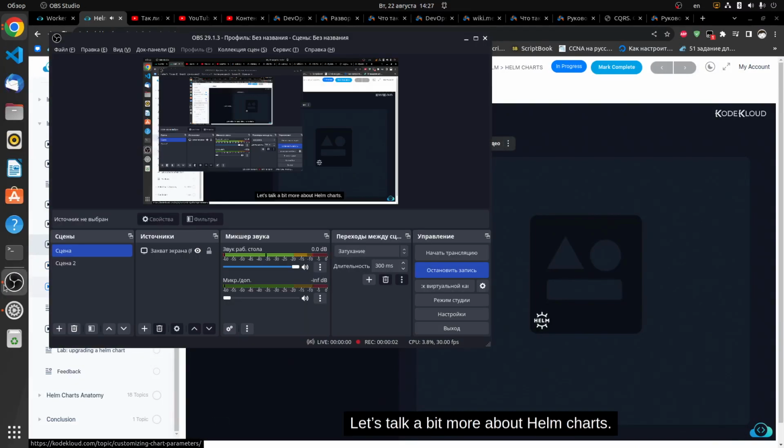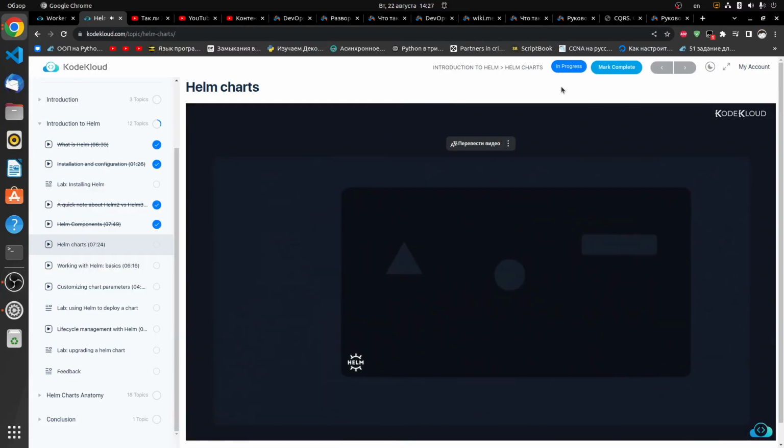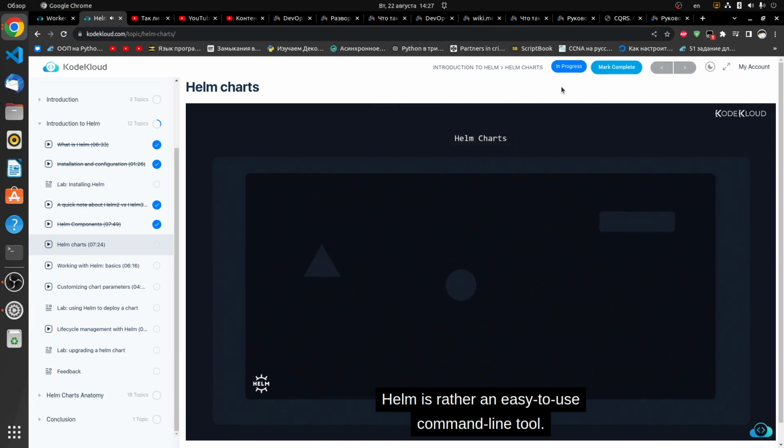Let's talk a bit more about Helm charts. Helm is rather an easy to use command line tool. You just tell it to install this, uninstall that, upgrade something, roll back to a previous state, and so on, and it proceeds to do all the heavy lifting behind the scenes. It's basically an automation tool where we, the human operators, specify our desired end result, the destination, and then it